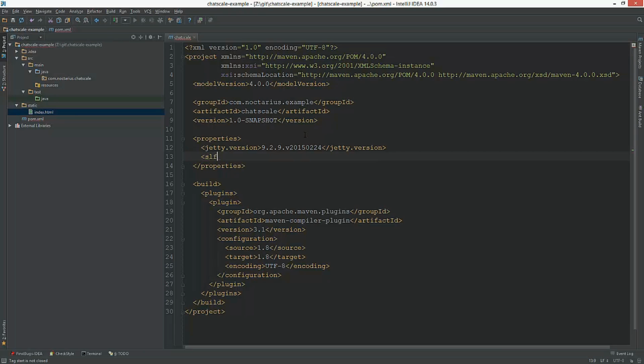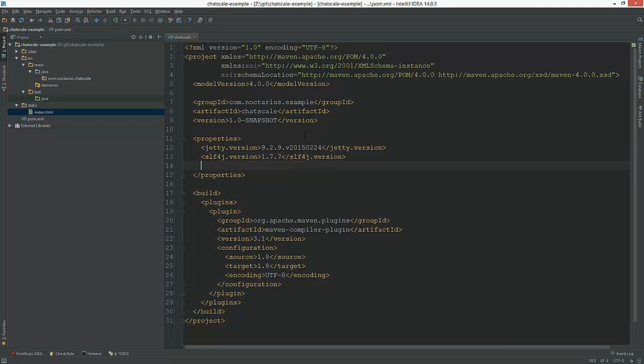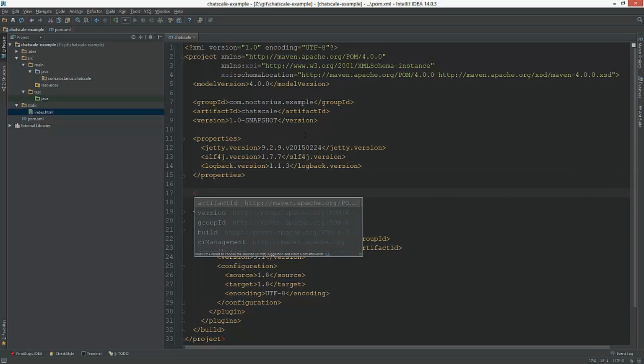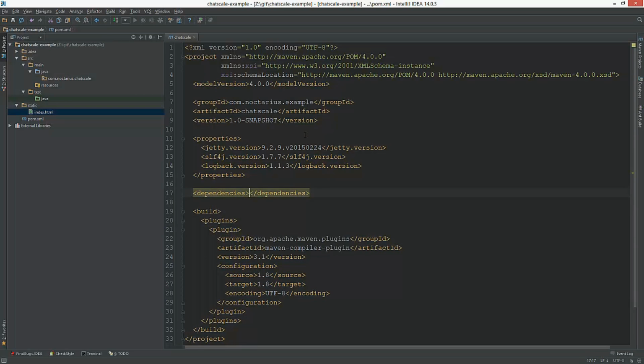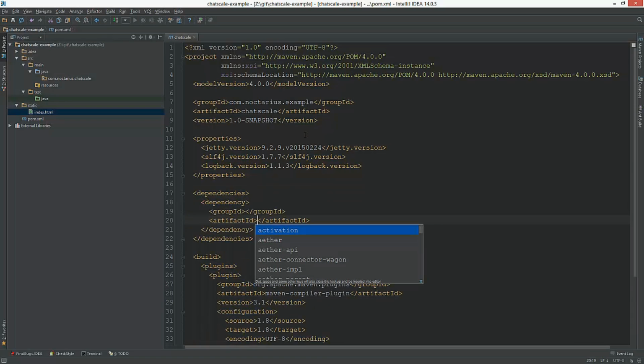And we want to have a logging framework. I know that logging can be some kind of a religious war, but I prefer SLF4J and Logback. I like their integration with almost every existing logging framework out there. So it is very easy to capture all logging output and just put everything into a single log file.